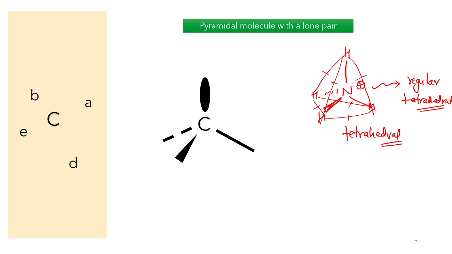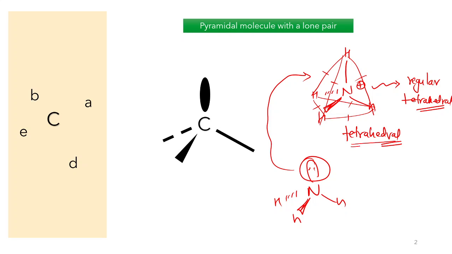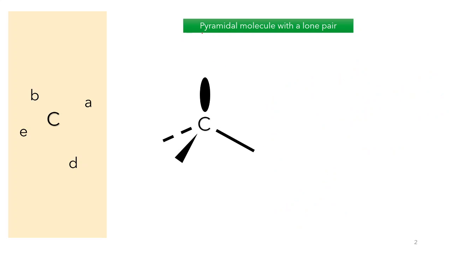But no, if you have ammonia and you have a lone pair and you have three hydrogens like this, then you call this shape pyramidal. And if you don't have that and you have a bond instead of the lone pair here, then you call it tetrahedral. And the shape tetrahedral is in a way very similar to pyramidal, because a tetrahedron is also a pyramid. But respecting the lingo of chemistry, let's dive into this question, and let's suppose that by pyramidal molecule,